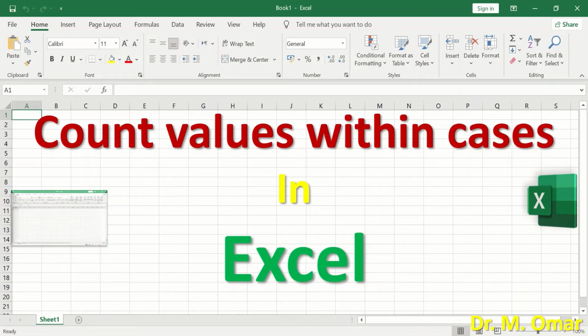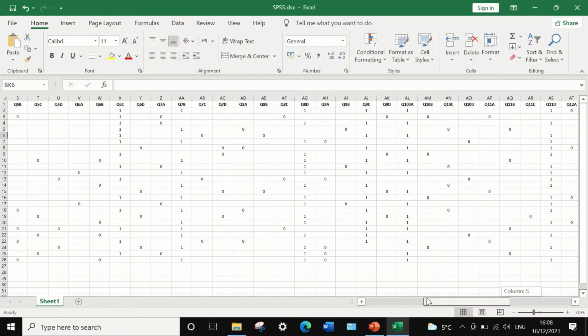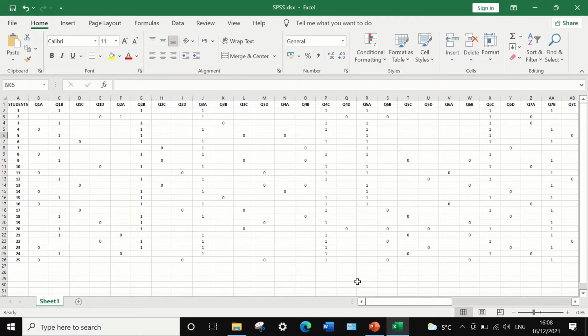Counting values within cases in Excel. Here in this Excel sheet, I had placed data extracted from a multiple choice question exam paper,